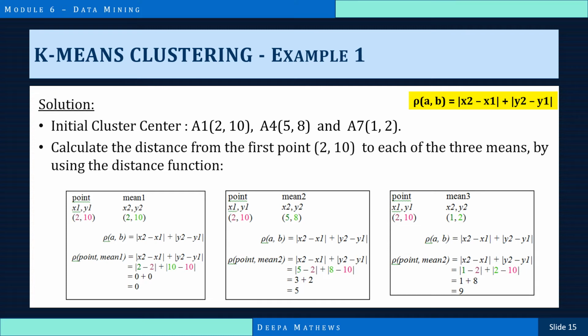So we perform 8 minus 10 and we take only the absolute value. We are not taking the negative value, we are just taking the difference, which is 2. So 3 plus 2 gives us a distance of 5. Similarly, we calculate the distance between the points 2,10 and 1,2, and we got the value 9.